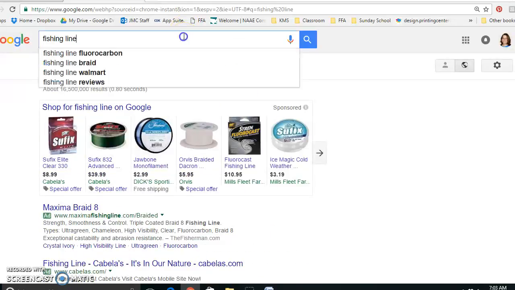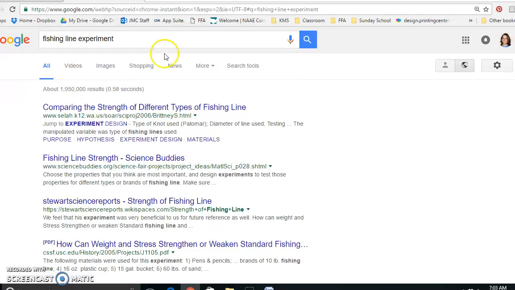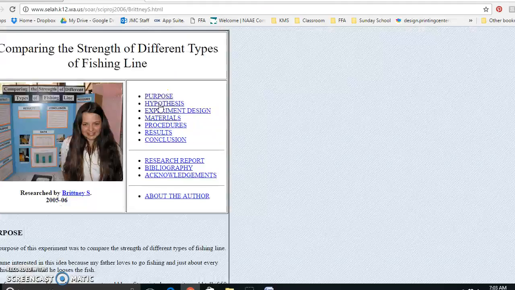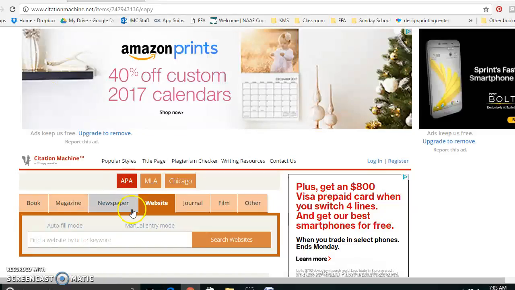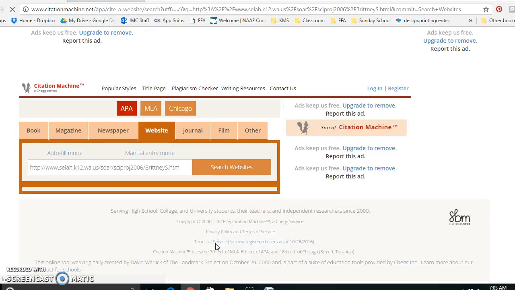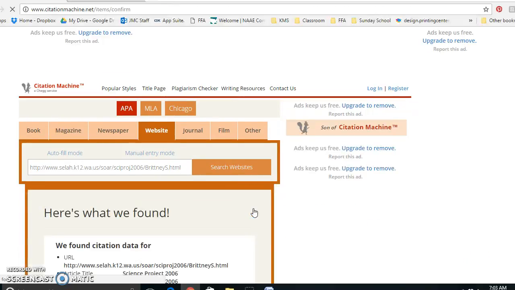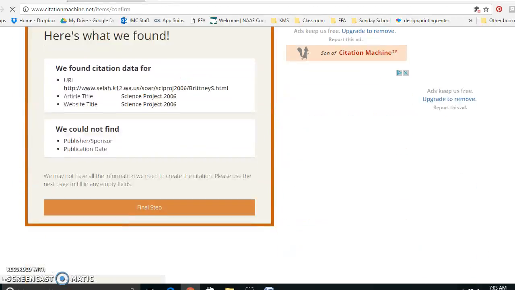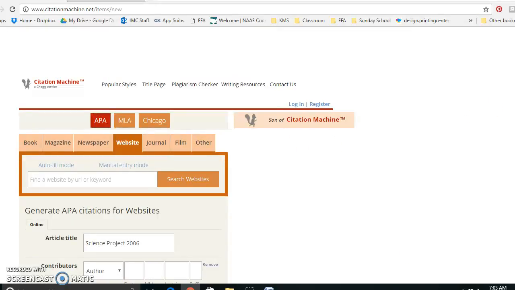Probably need a little bit more information in there. Okay. And I'm going to now copy and paste my information into my bar, search websites, select. Here's what we found. Here's what we couldn't find. Final step. Article Science Project